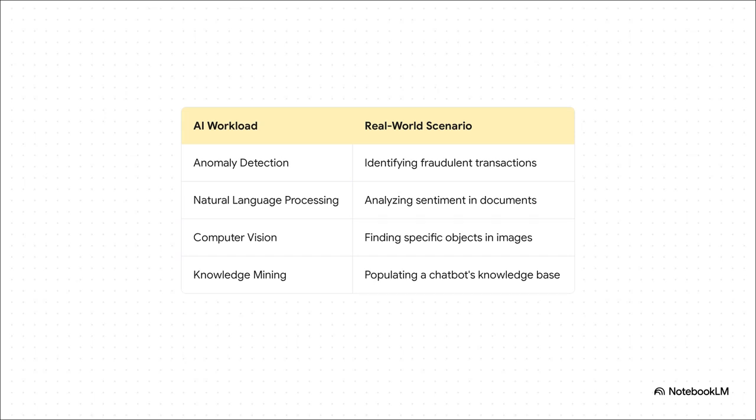And this kind of reveals a huge idea. AI isn't just one thing. It's more like a toolbox with different tools for different jobs. Trying to spot credit card fraud? You're going to use a tool called anomaly detection. One to figure out if your customer reviews are positive or negative? That's a job for natural language processing. They're all specialized tools for specific tasks.